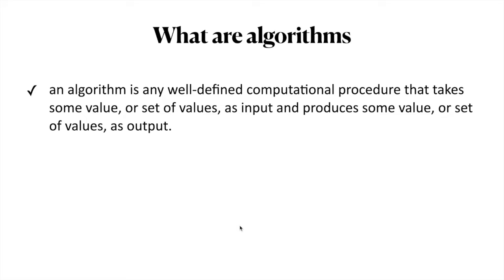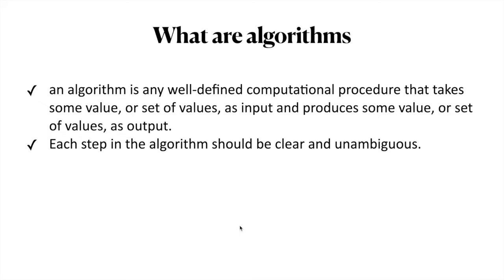The output can be a single value or a set of values, and each step in the algorithm has to be unambiguous and clear so that it won't be interpreted in different ways by different observers. It should always have the same meaning, and we should not use computer code when we